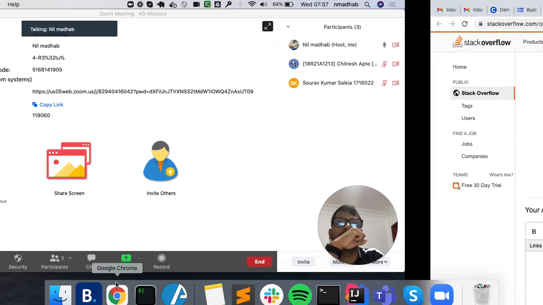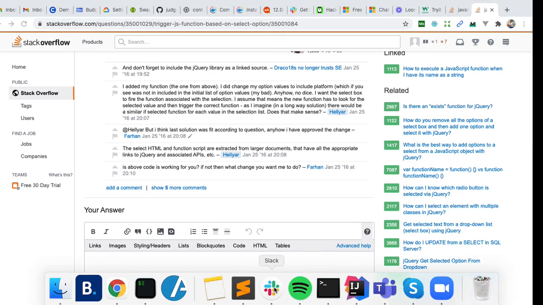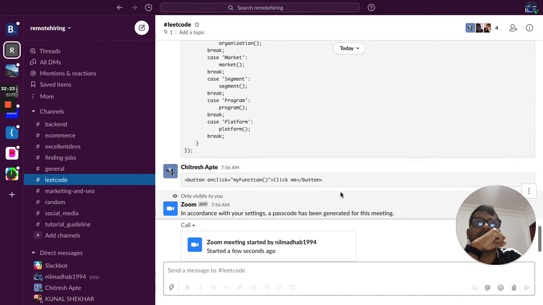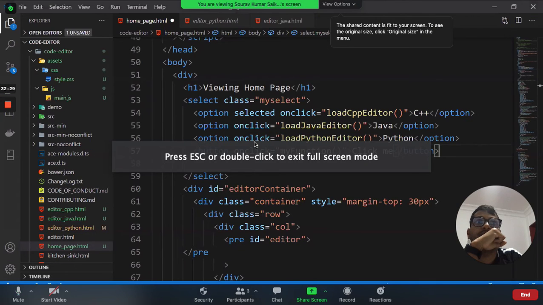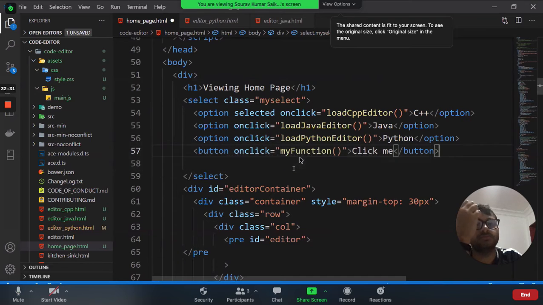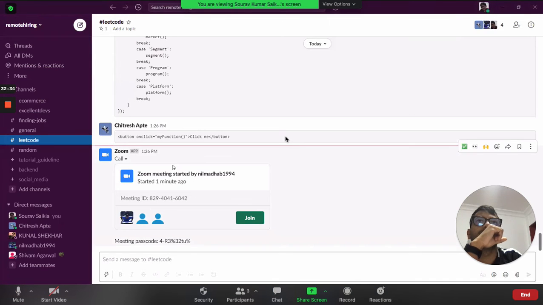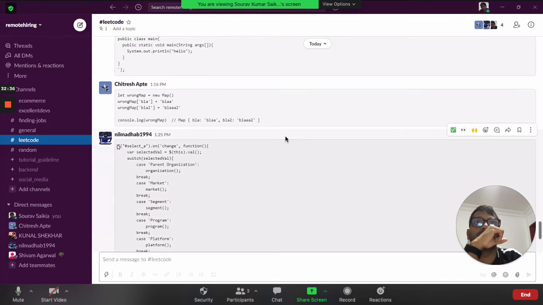Okay, let's try both methods. We have one method, button on click, but it's not a button, it's a select. So use my method, select on change. Yes, that one.